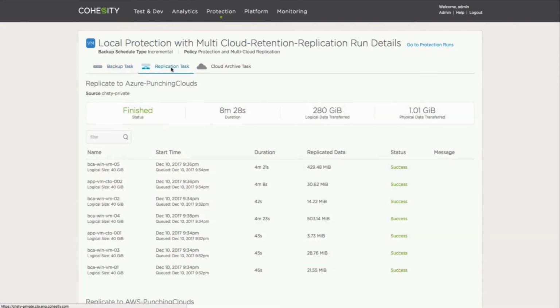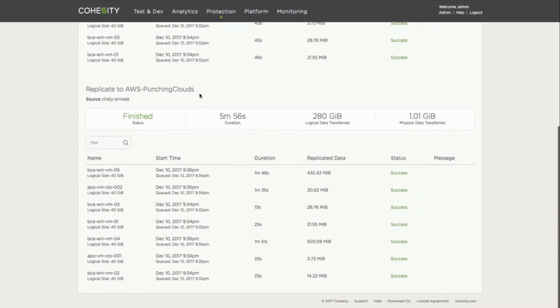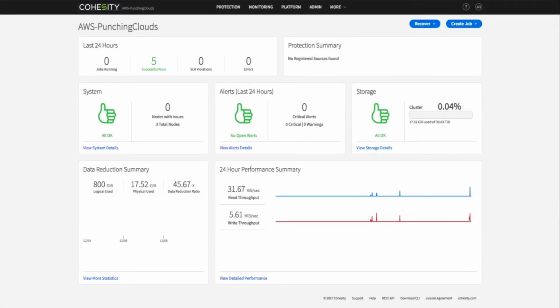But now if I check on the replication task itself, you can see that as part of that one job, all the machines were replicated. They were successful as one function. So now you don't have to worry about performing these procedures to different clouds as different tasks and different functions. So let me go validate in the